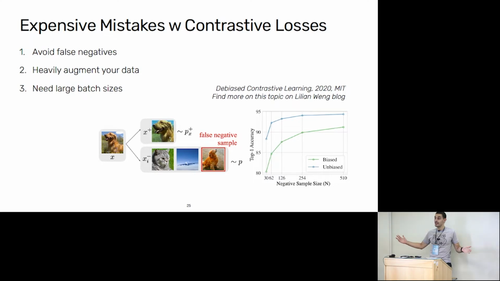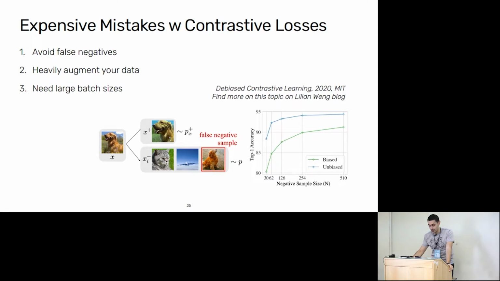But when the batches become big, which is necessary for training models like this, and this is the third pain point, if you make batches big enough, it's likely that you'll get false negatives within the sample, and this will destroy your entire training pipeline. And again, one of the things that we should consider is how this high-dimensional space looks. If you want to bring points that match the same object close to each other, maybe it's wiser to put more emphasis on the attraction part rather than repulsion. And when you're doing repulsion, you must make sure that the repulsion is balanced and not shifting everything into one single direction.